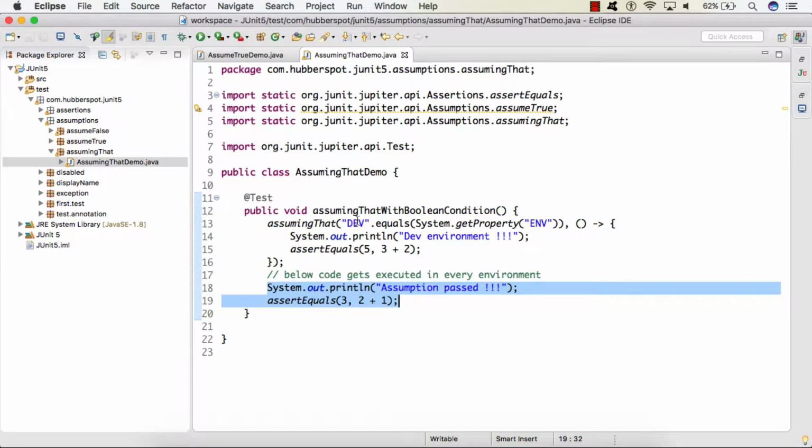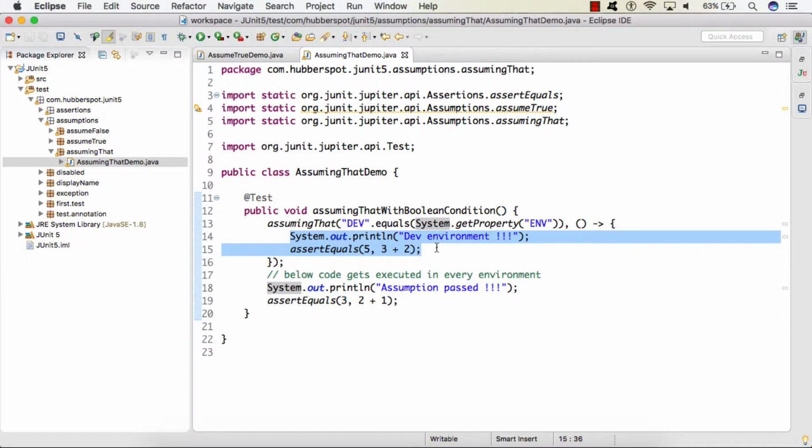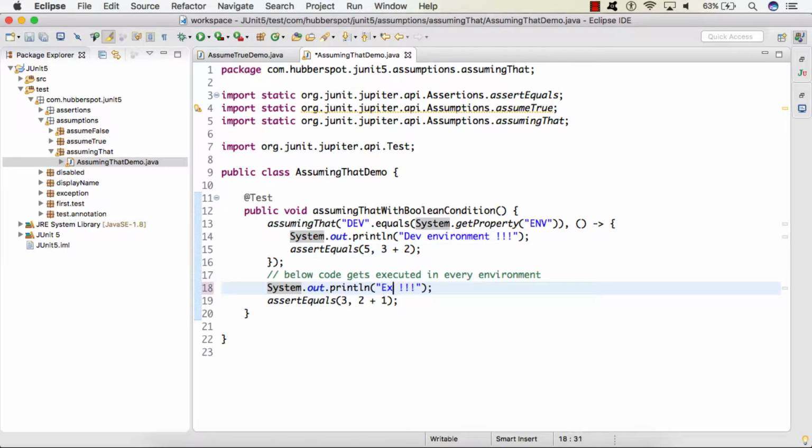But here, if we are providing an assumption, and if it is a dev environment, then along with this piece of code, it will also execute this other piece of code first. So here I simply provide a sysout as "executed in every environment".